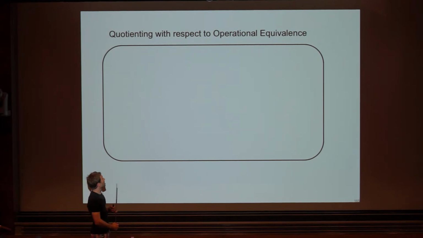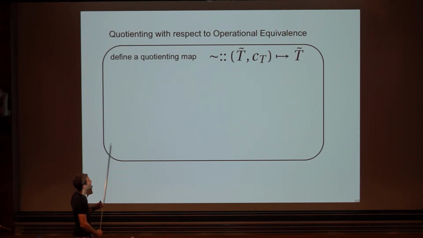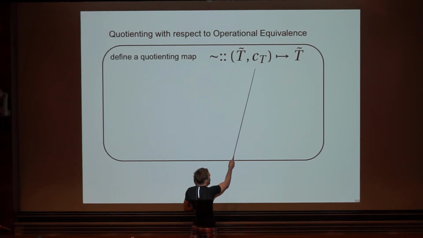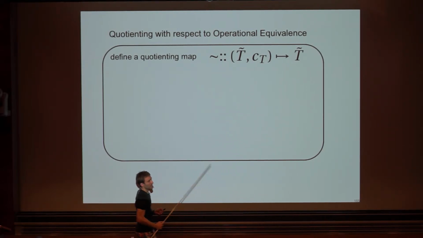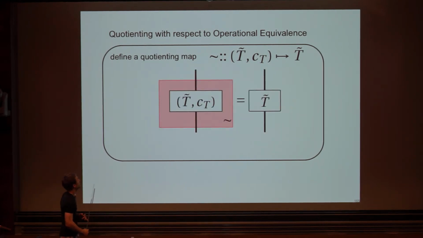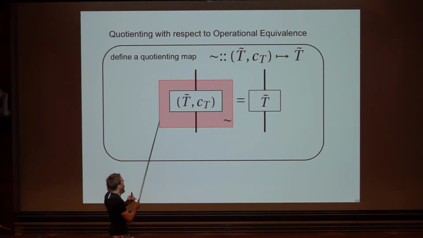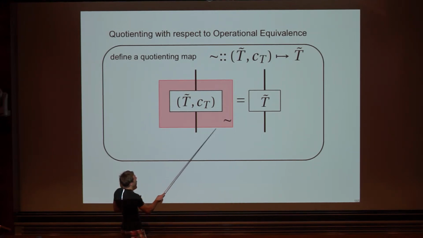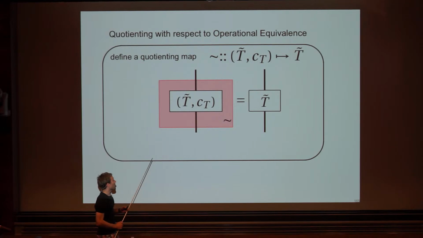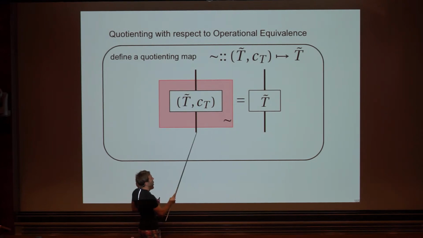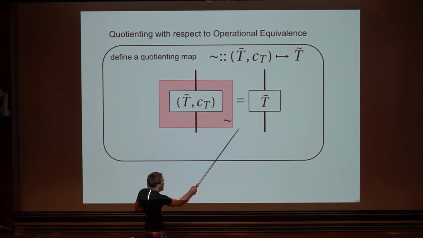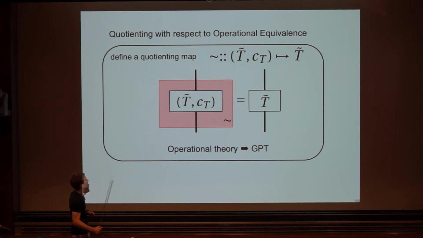All right, and then we can talk about the quotiented theory. So we can quotient with respect to this notion of equivalence. We define a quotienting map, which takes our process in the operational theory and maps it to a process in a quotiented theory, which just throws out the context information and is a representation of the equivalence class alone. As I think John mentioned, this is a diagram-preserving map, so we can depict it with this kind of shaded map like John talked about. The application of the quotienting map to this process in the operational theory is depicted like this. The result of that application gives you this process here in the quotiented operational theory,